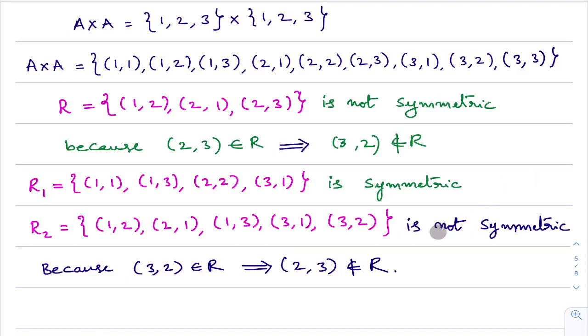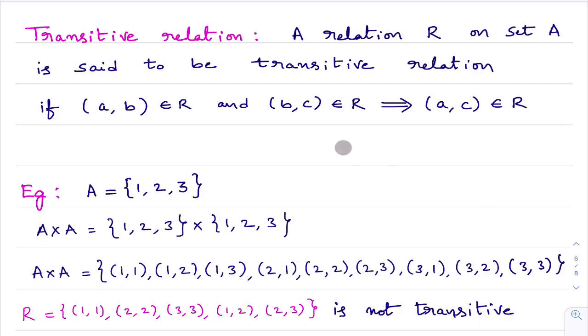Now, what you understand till now in this class, you learn what is reflexive relation. You learn what is symmetric relation. You learn how to check reflexive relation. You learn how to check symmetric relation, right? Now, the next definition is transitive relation. In this also a twist is there. You try to understand the definition first and try to understand examples clearly.